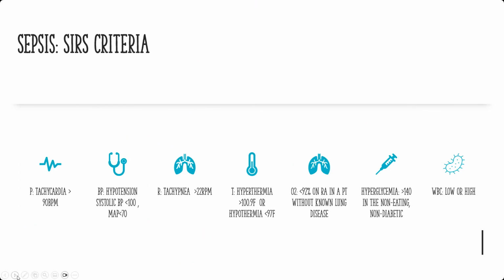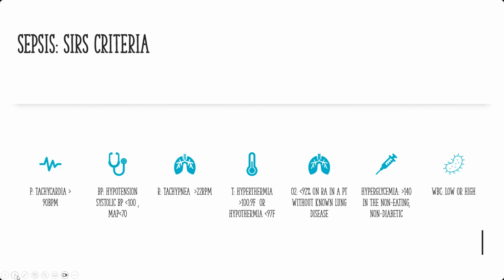I think of things like an asthma attack. We talked about anxiety, any dysrhythmias. A person having a STEMI could potentially meet some of these SIRS criteria, right? So when you're thinking about